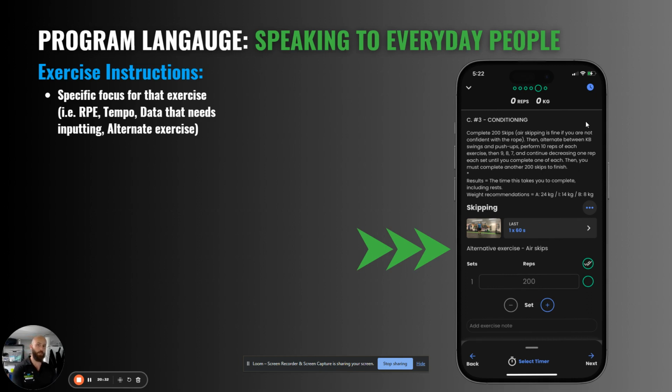We also want to make sure that we understand that we're speaking to everyday people. So you don't need a sports science degree, you don't need to be a physio, you don't need to be a strength and conditioning coach to understand the programming. It's written in words that everyone can understand. I mean, gone are the days of trying to decipher your doctor's scripts. We're personal trainers here.